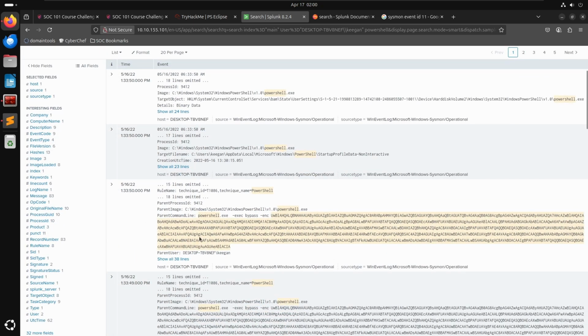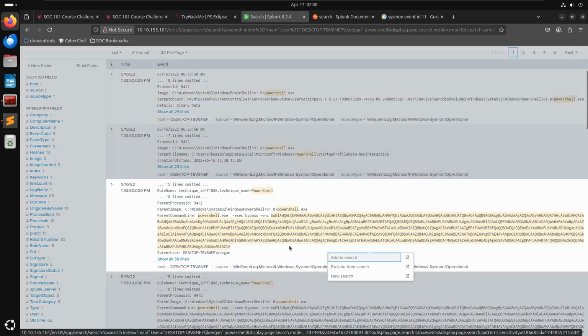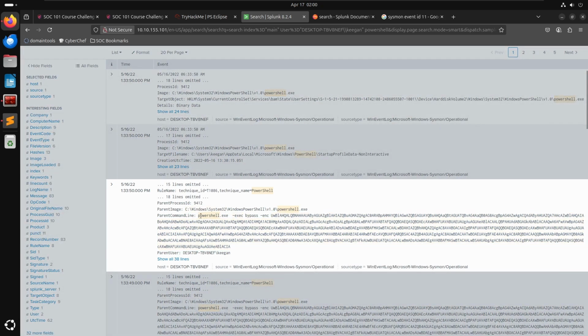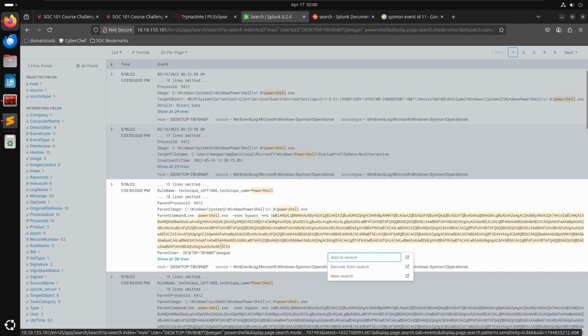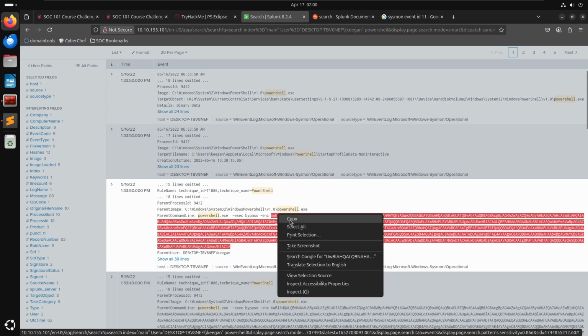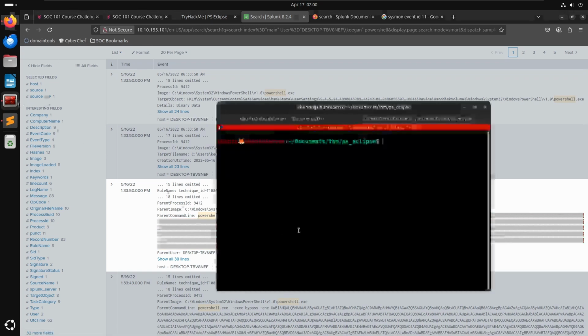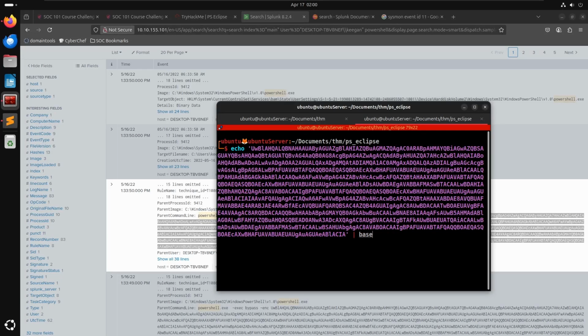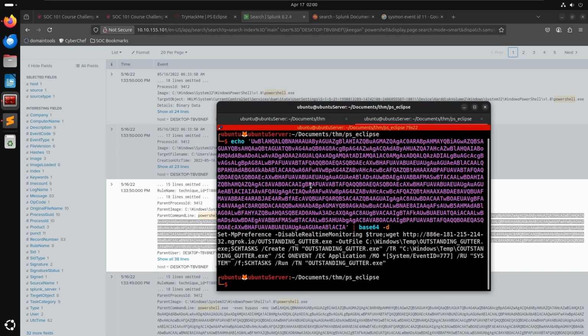And here we go. This looks very suspicious. So they're using PowerShell with the execution bypass, and then we've got the base64 encoded string. So we should be able to take this and echo it into base64 -d. So disable real-time monitoring, true, and then they're double getting. Yeah, okay. So now that we have this, we can head over to